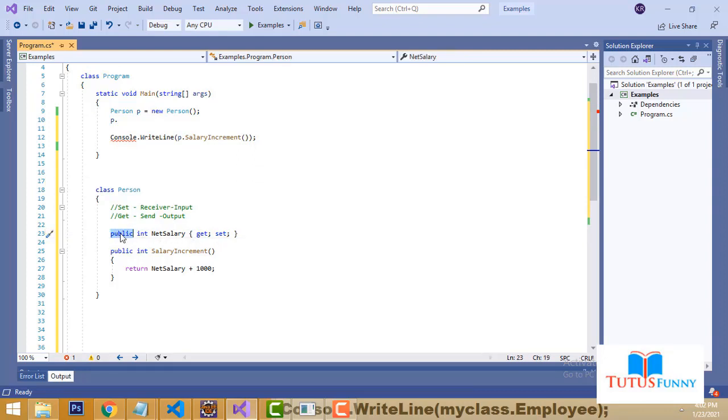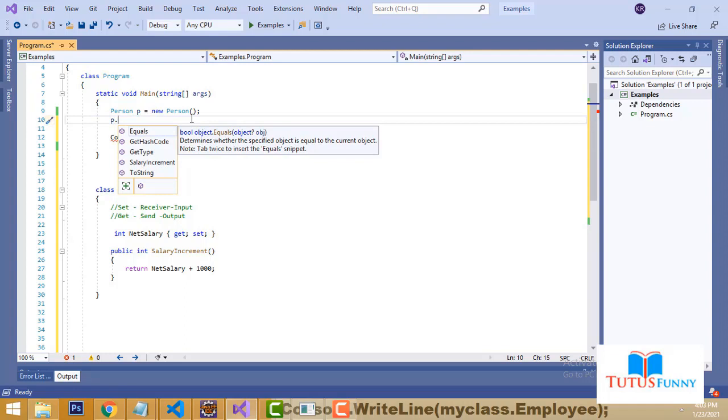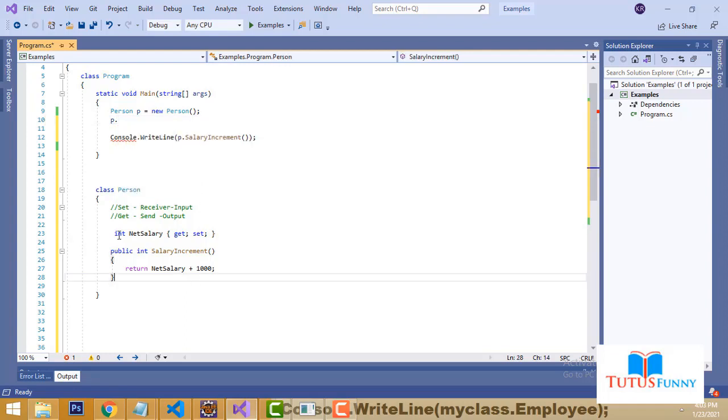If you delete the private or public keyword here, now you can see, if you go here and type P, nothing will be displayed. If you do not put the public access specifier before the data type, the program will understand it as private.